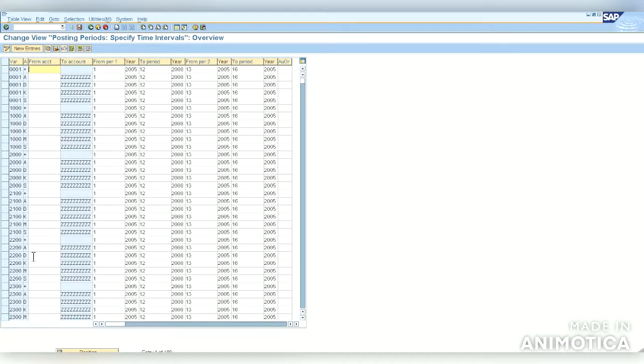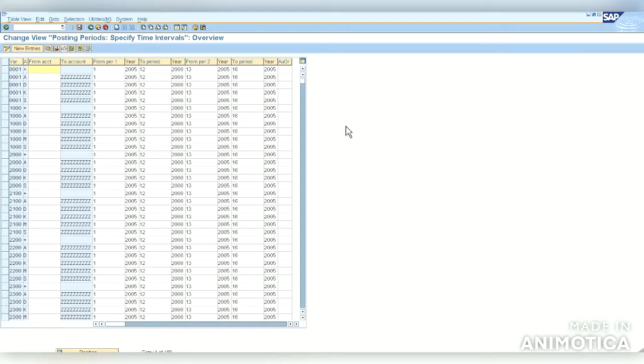So what is the reason they have developed an input field where we need to specify the required posting period variant? This is because in the month-end process, all the users responsible for these posting period variants will be opening or closing their posting periods.